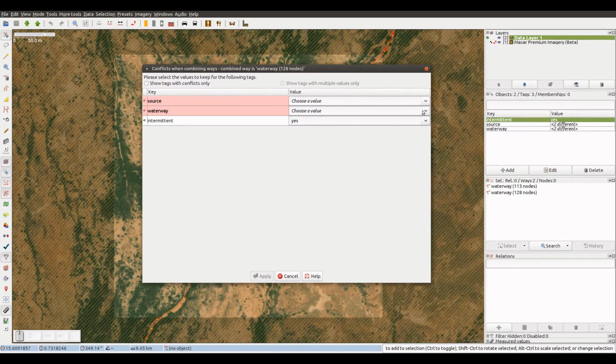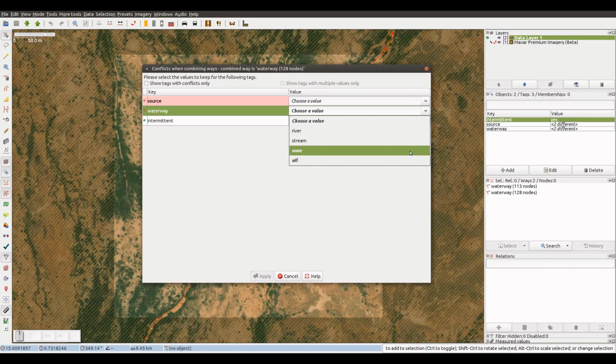We open the drop-down menu for the waterway value, and we see that we have 4 options: river, stream, none and all. The none option would mean that we wouldn't add the waterway tag to the combined way, and the all option would mean we would add both river and stream values to the waterway key, separated with a semicolon.